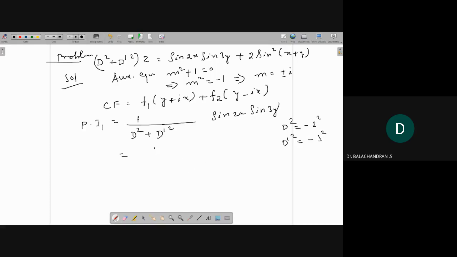So 1 by minus 2 square plus minus of 3 square into sine 2x into sine 3y. So this is equal to 1 by minus 4 minus 9 into sine 2x sine 3y. So the final answer is minus 1 by 13